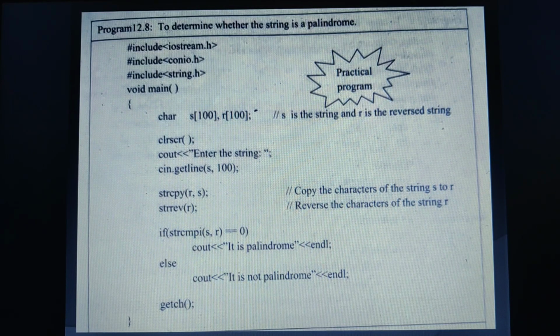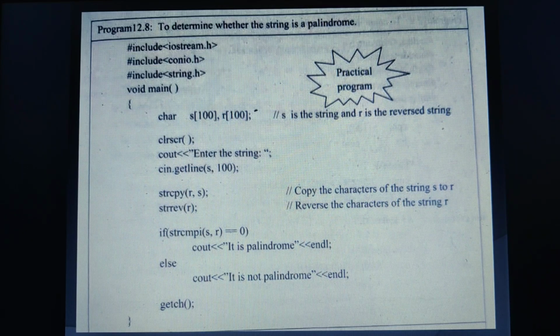Similarly, for another example, we shall take madam. It's a palindrome because when you reverse it, you're getting the same string. For example, gadag. When you reverse it, you're getting the same one. Another string, Malayalam. When you reverse it, you're getting the same thing. When I take a string like science and reverse it, I'm not getting the same string, so it's not a palindrome. Therefore, a palindrome is a string that, when reversed, gives the same string. I hope you're able to understand.